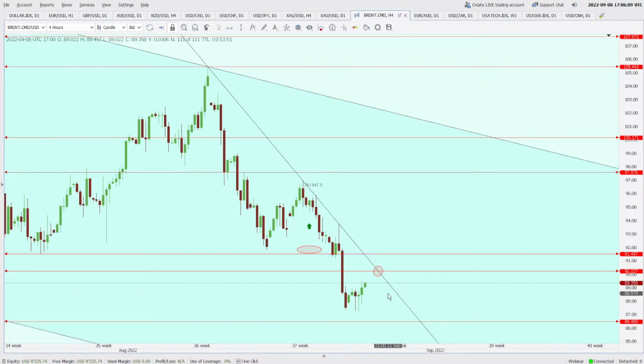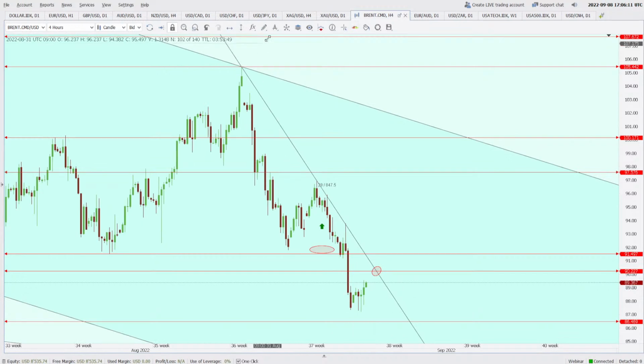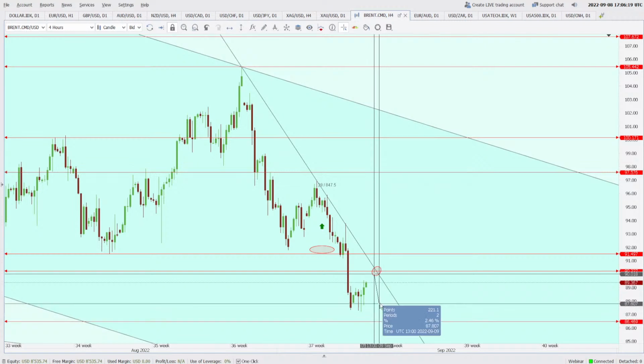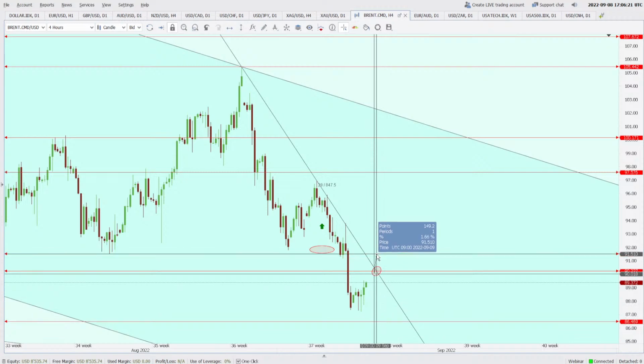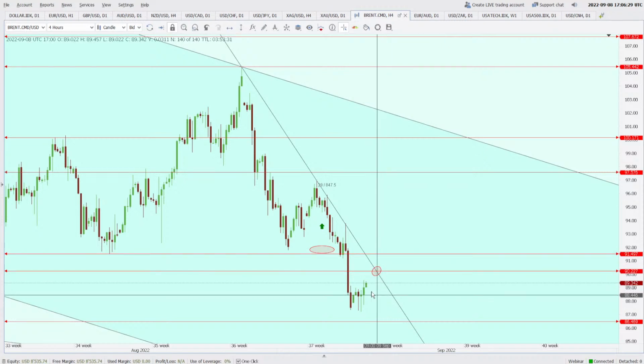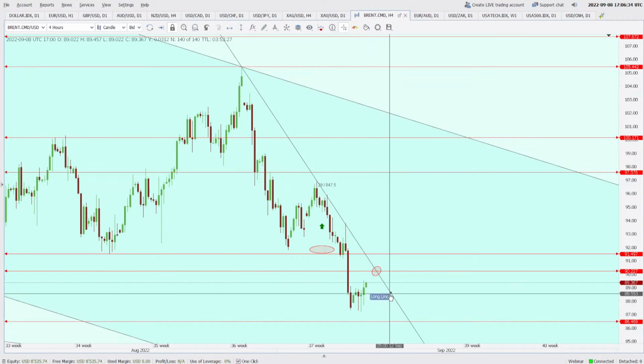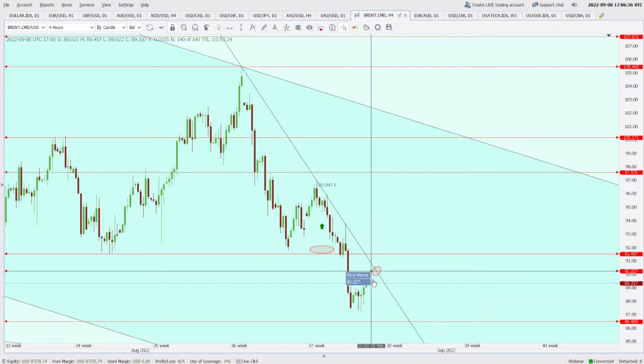Well, for that you need to calculate how much your target is. Now if your target is here, 357, you should have a maximum of 120 pips of stop loss. That's it. If your stop loss is more than 120 pips, I think you should not open that position, because this is a risk management technique that we use. So we need something in our favor so that this risk to reward ratio is not less than 3. If it is less than 3, I think we should not even open that trade, but we will just focus and see how things happen here.